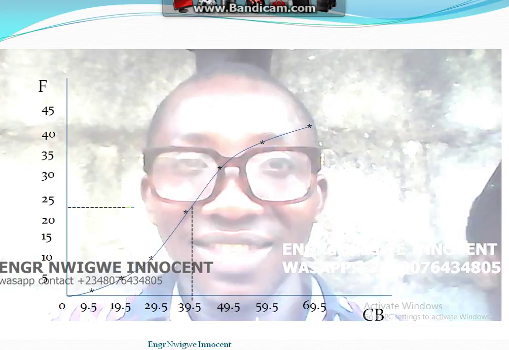We trace it across until it touches the Ogive curve. Then we trace it downwards where it meets the lower class boundary, which is our median, which is 29.5 plus the decimal, which is 9.5, will give us that 38.7. Then